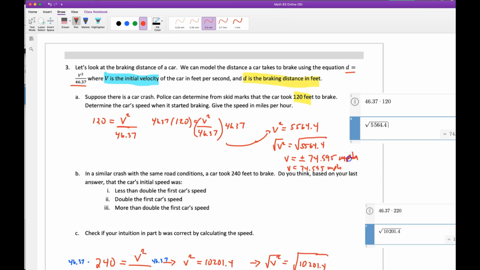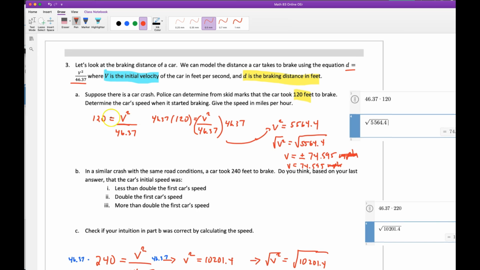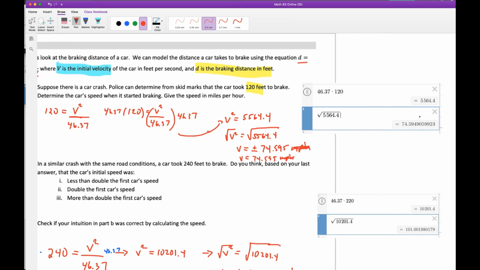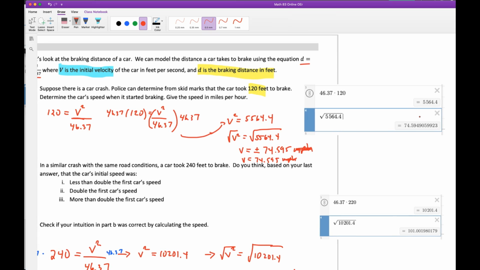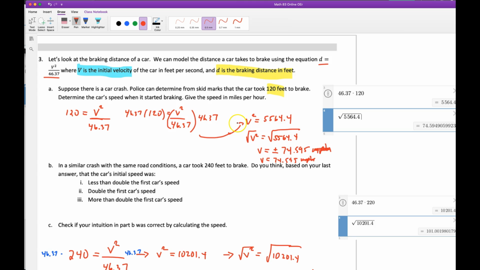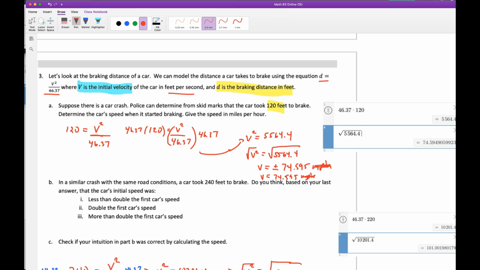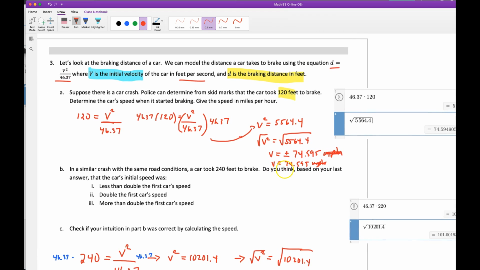And so what we have here is 120 is the feet to brake, and then we can solve for the velocity, how fast the car was going. You can see my steps. And then here are my calculations from Desmos over on this side. So then you can see where I get those numbers from. And then it ends up, again, not miles per hour, but feet per second. You end up only keeping the positive because we're talking about speed. So we know the answer was